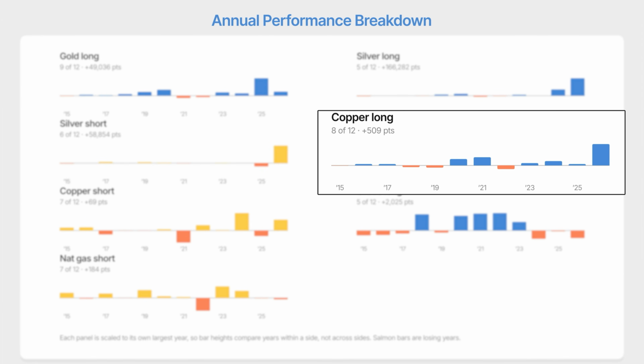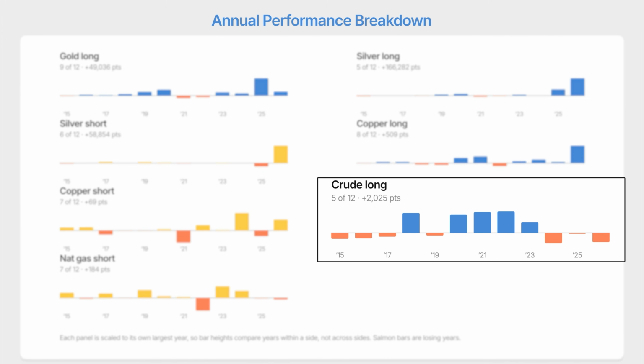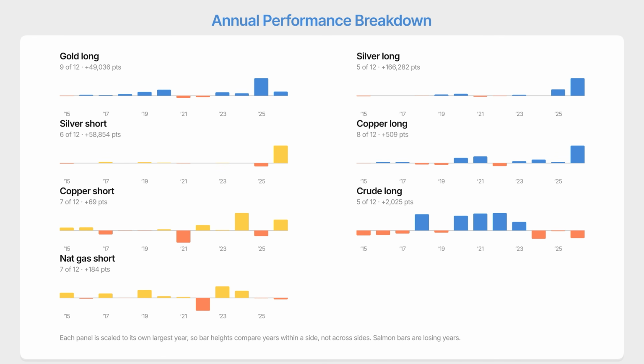Copper long side is much the same, most of it arriving this year. Is there a copper supercycle running? Worth asking. Crude's long side tells a different story. It worked in 2020, 2021, 2022 and 2023. 4 years in a row, which looks like a macro trend at play. Now, this is another view which you may want to include in your analysis before forming a sense of how